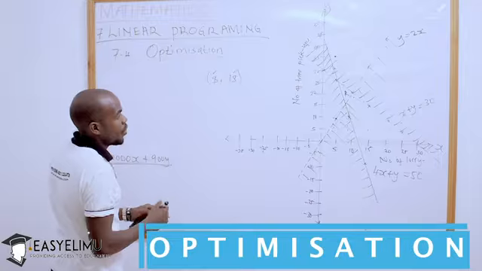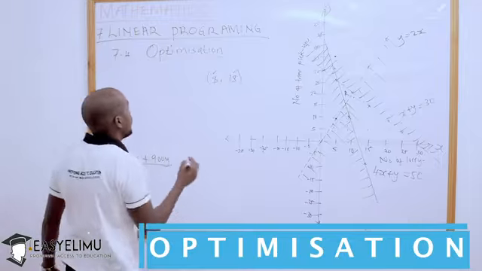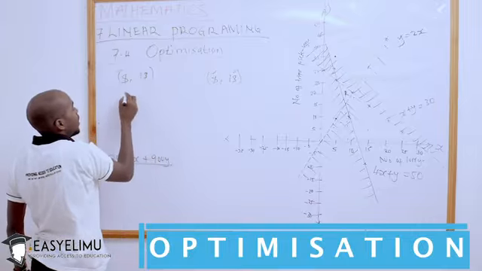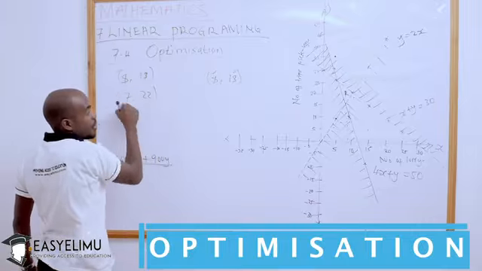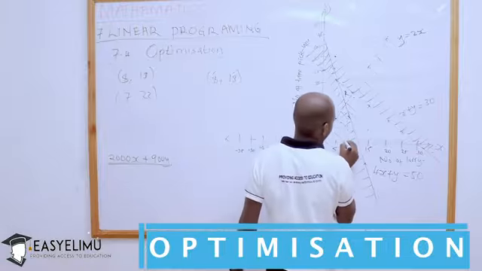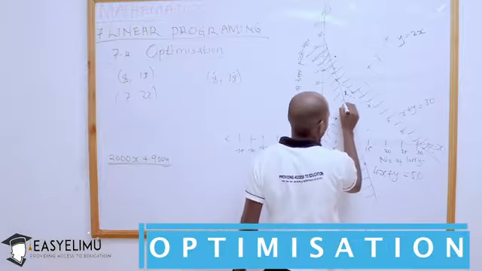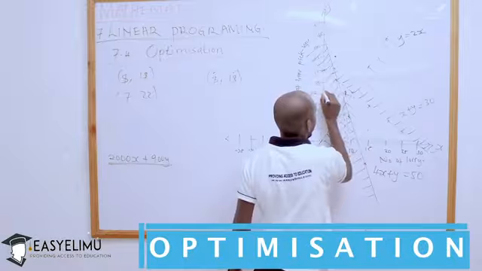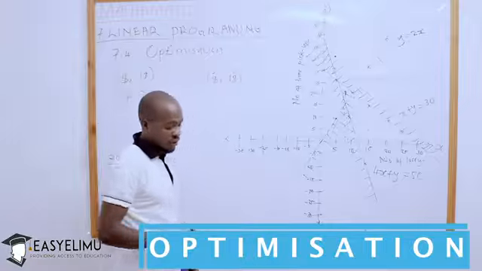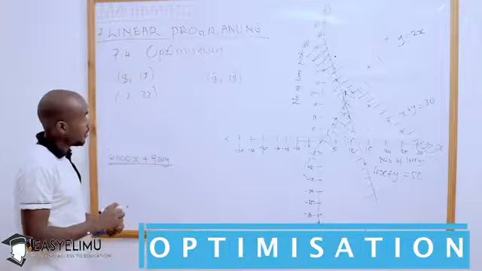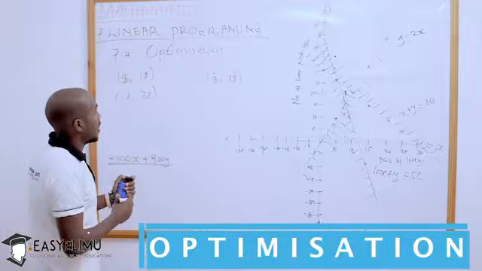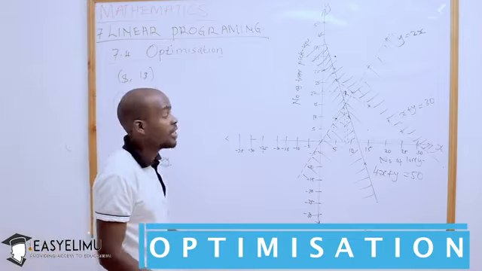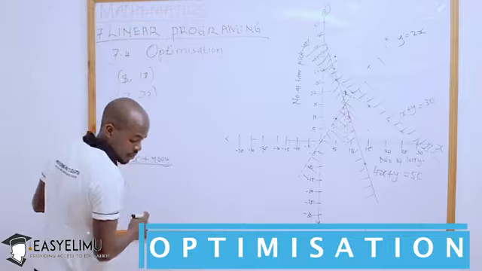If you have drawn the graph very well, you will find a point like 8, 18 will be present. You will find this point also will be present. If you go up,